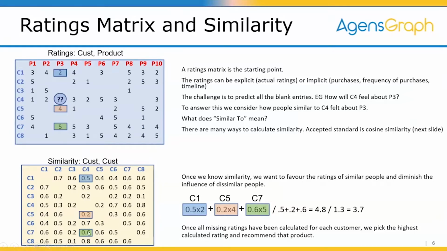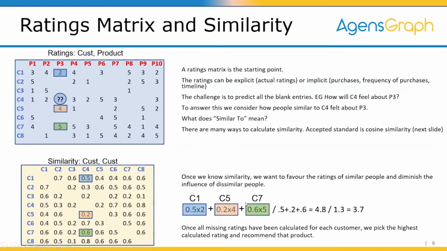And a really easy way to do that is multiply the similarity with what the customer thought of the product. So over here, I'm concerned about C4. I want to see what I'm going to put in this box here. And here's what I put in the box. I'm going to go to C1 because C1 gave it a 2. And I'm going to multiply the similarity, which is 0.5. That's the similarity between C4 and C1. That's 0.5, which I got from this table, C4 and C1. I'm going to multiply his rating of 2, and I'm going to bring it along with me, and